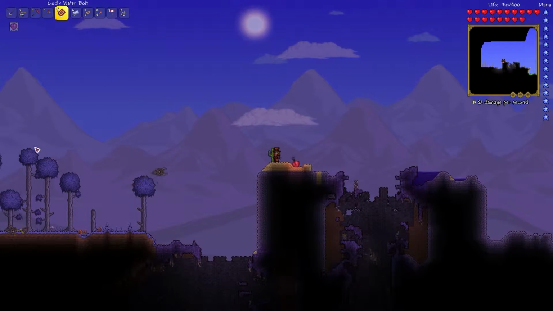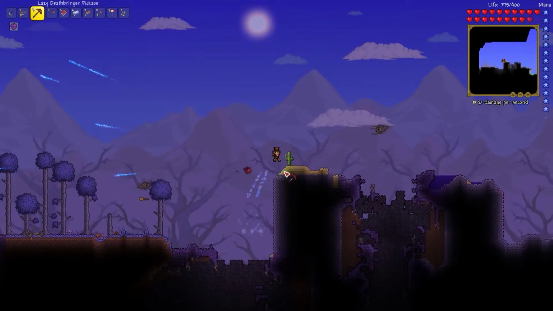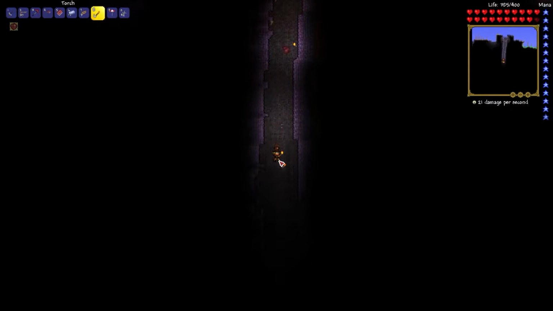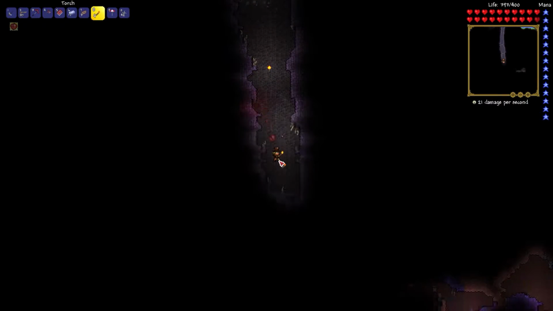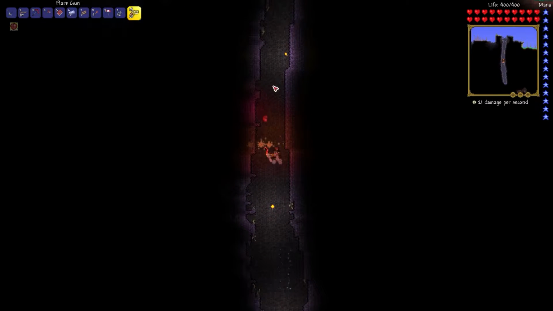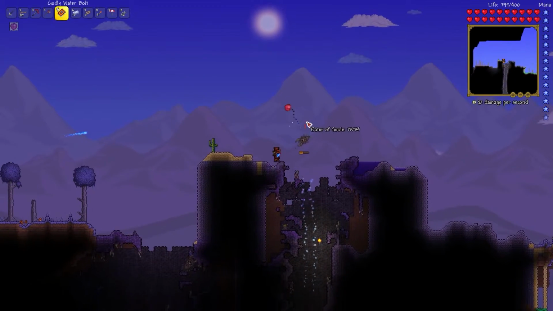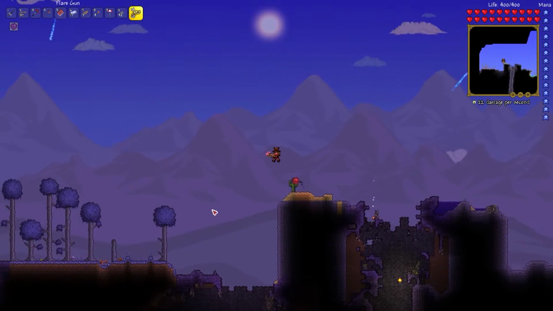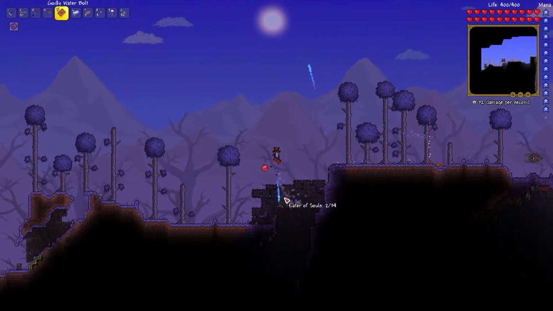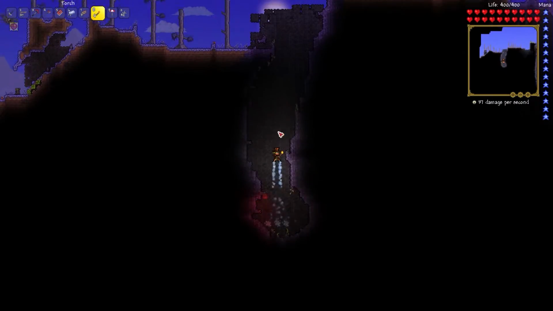Alright everybody, and welcome back. We are at the corruption, and now we get to explore. They have the same kind of orb things here as we're used to, so there's nothing really different about this place, except it's like a bunch of shafts with a central cave that you fight things in. It's pretty easy, but